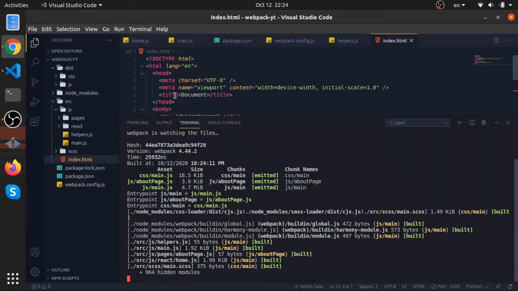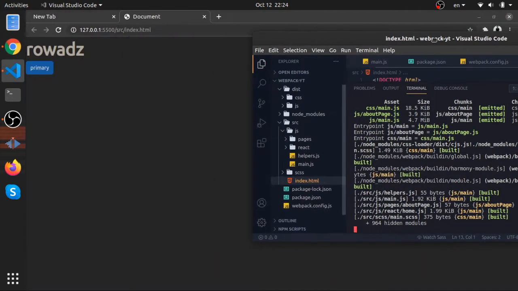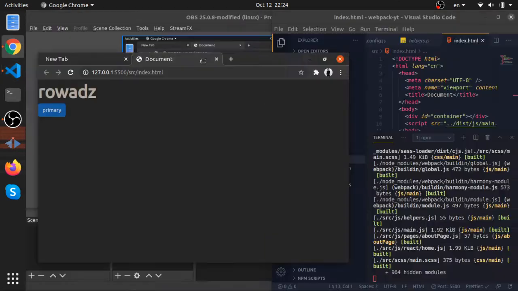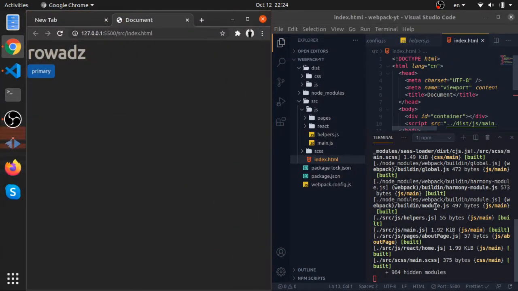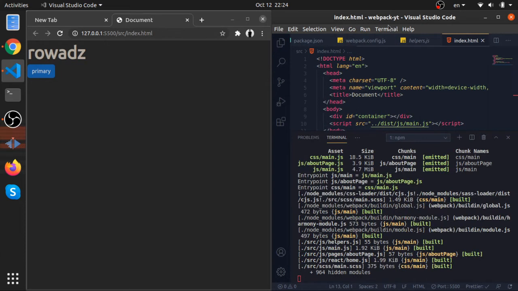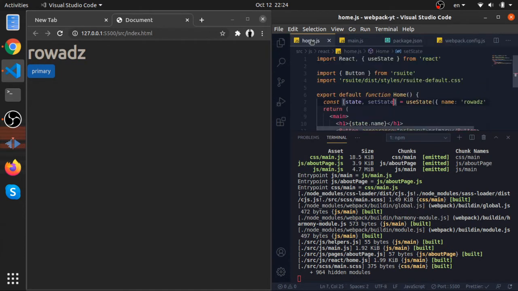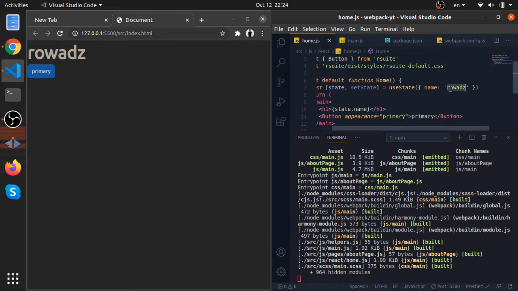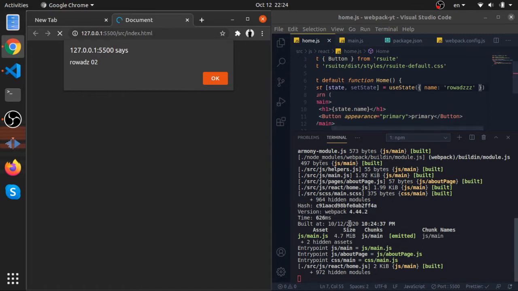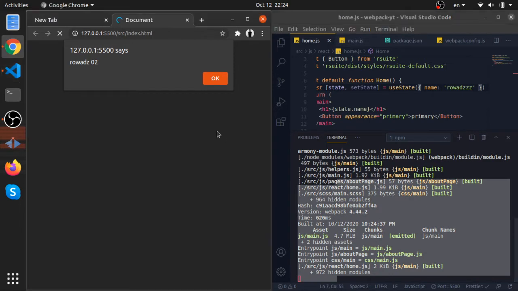And yeah, let me change something. So let me put them side by side. Let's go to our home. Let's change this name to reward with 3 Z's. So just notice what will happen. This rebuilt the whole thing, and this refreshed because in the live server we have live reload. So since our bundle changes, it will reload. We will do this in Webpack in the future, but for now